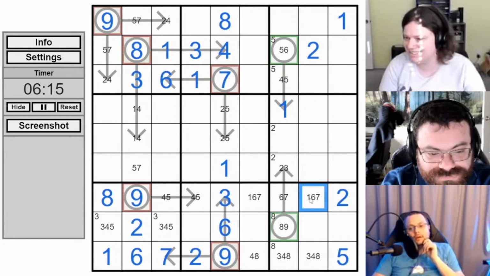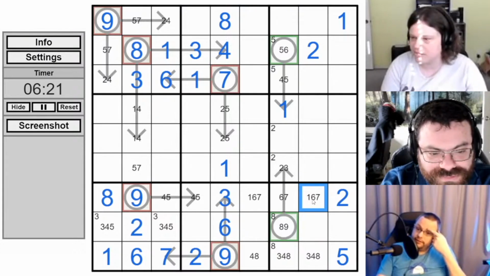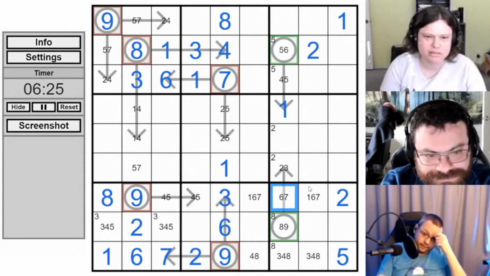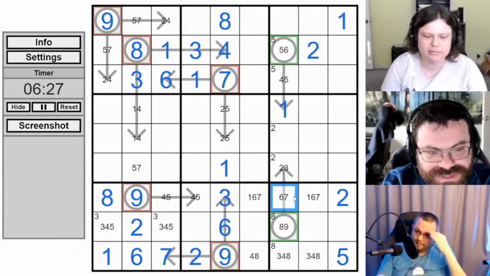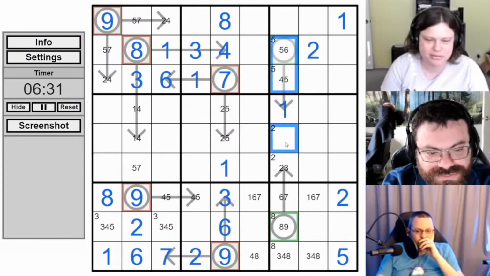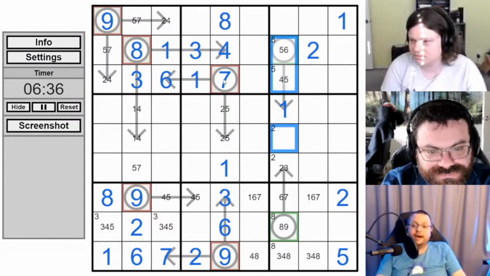I got lost. Likewise says the arrows are all resolved. Okay, so if this is a 5 in row 6, then that makes the index a 5 in row 3 up there with a 4. Does that have any problem? I don't see any problem with that. The 7 in row 3 indexes the 5. Oh yes, the 7 in row 3 indexes the 5. We just forgot that. Thank you, likewise. Thank you.